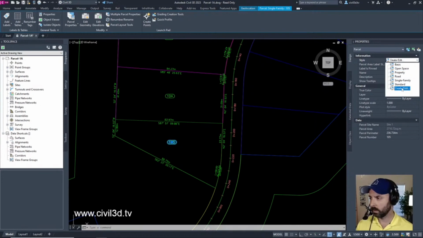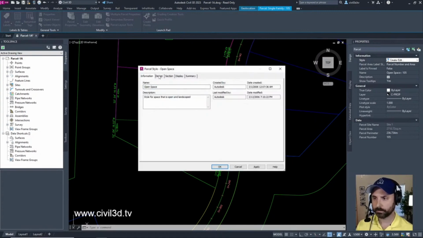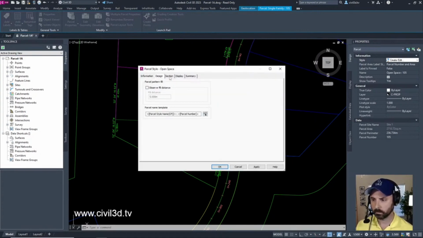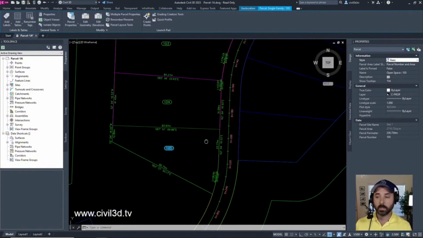Okay, here we go. Now you might be wondering, how is it that the name automatically changed within this portion right here? If I switch it back to single family, the name switches back. So how is it doing that?